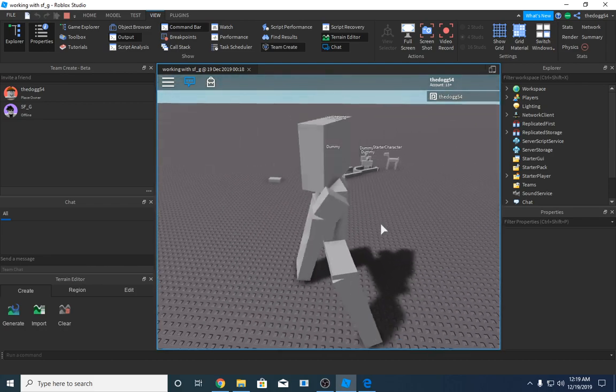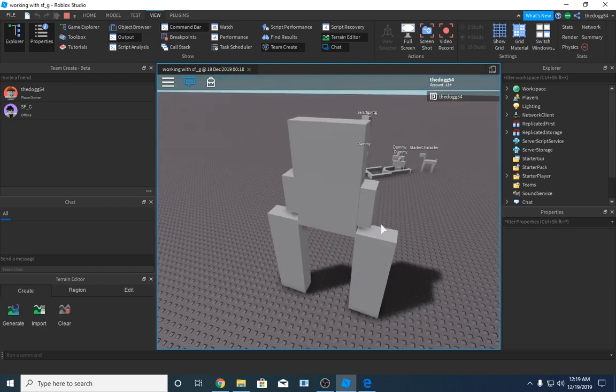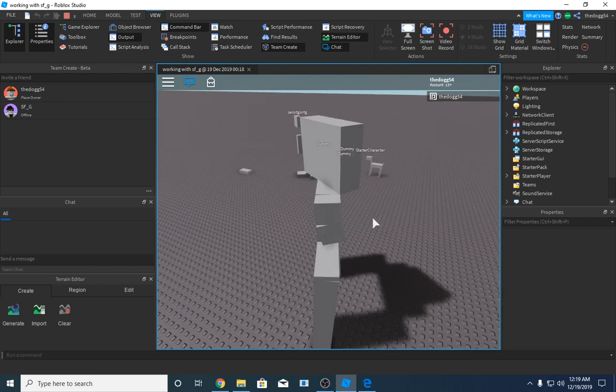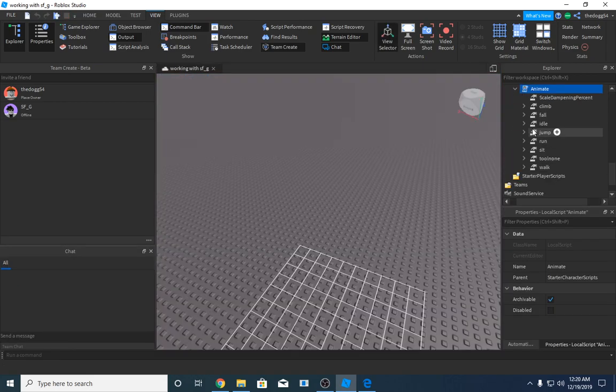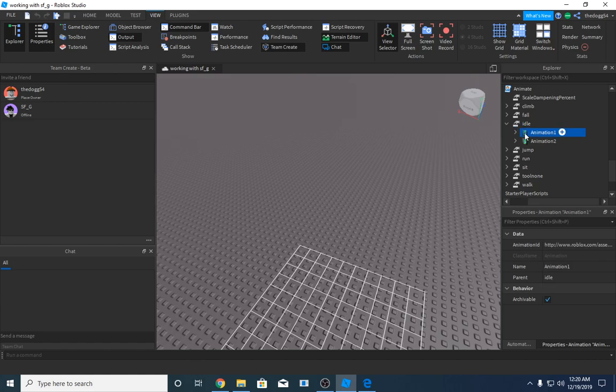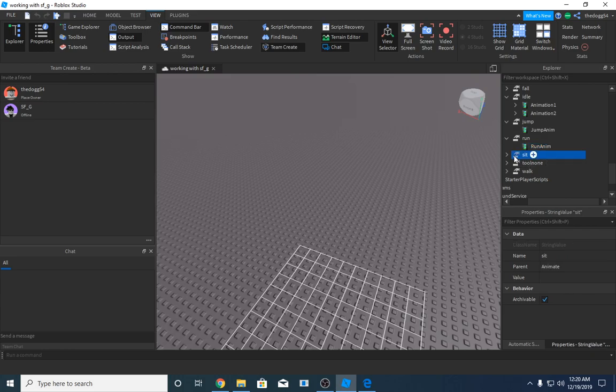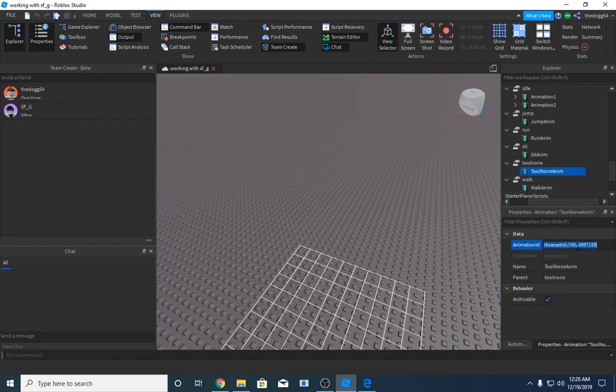Just in the idle. One of the idle. That's odd. What is the walk animation? Okay, and then tool, and then